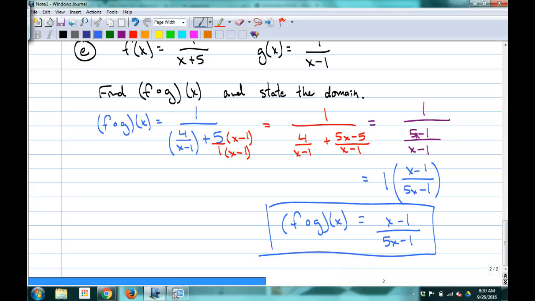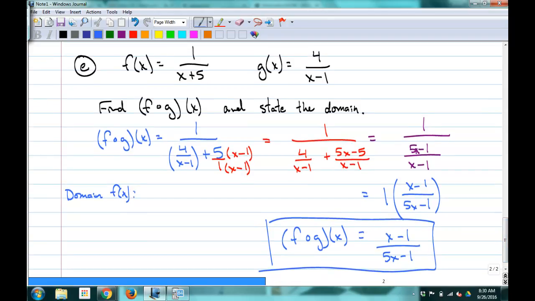All right, now let's look at the domain. Again, I want you to think about the domain of f of x first. What would the domain of f of x be? We don't necessarily have to do it in interval notation. Just tell me what we know about x. x can't be what for f? -5. We know that. And then on g of x, its domain, x can't be